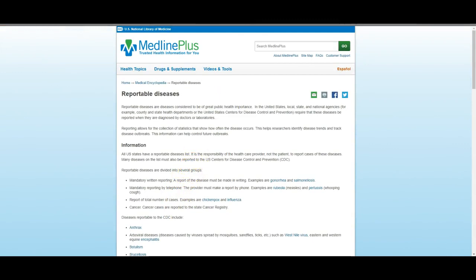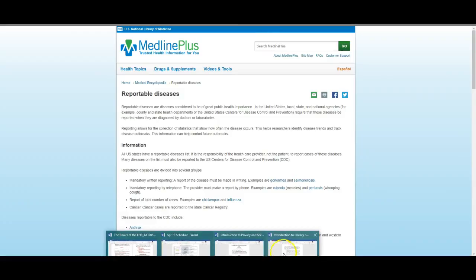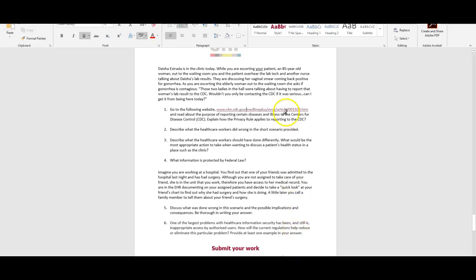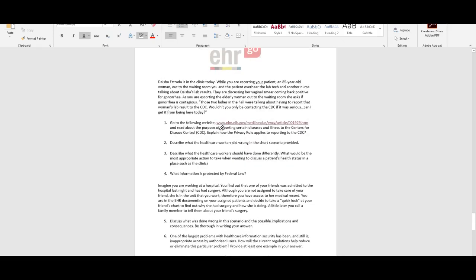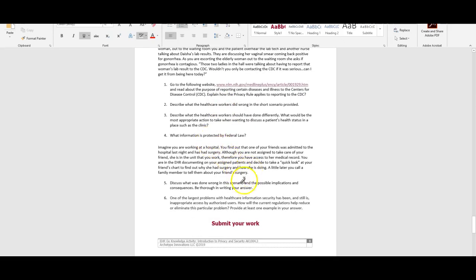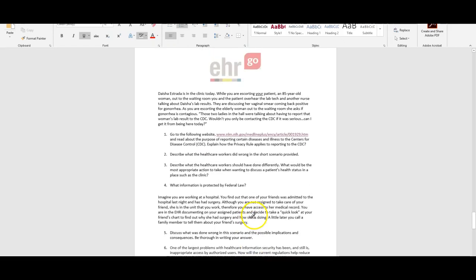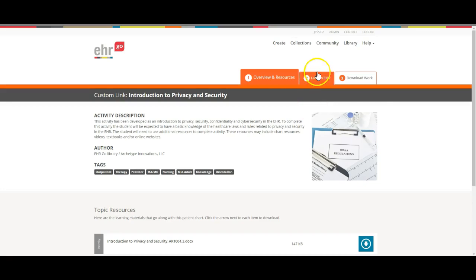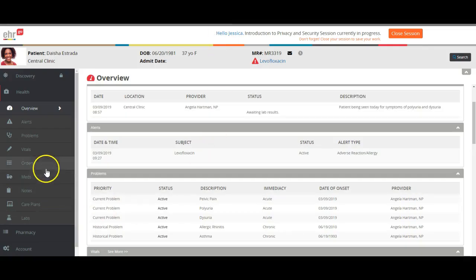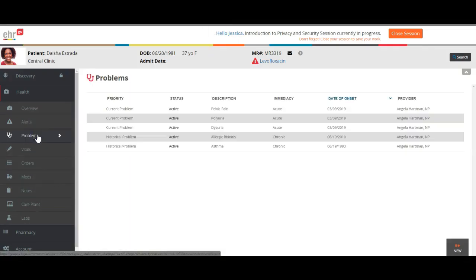So it so happens that, unfortunately, she was talking about a sexually transmitted illness, but you'll use that article to answer this question, and then describe what the healthcare workers did wrong based on the information up above about the HIPAA. So you'll basically just answer these questions here and submit the work. So again, there isn't a lot that you need to do in her chart, but if you want to review her chart, you can go in and look and see